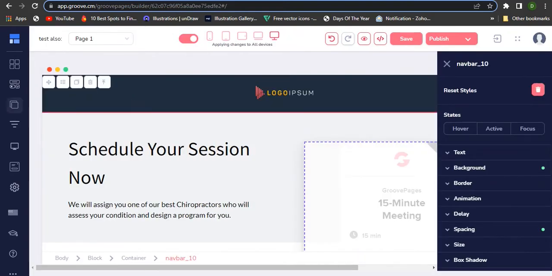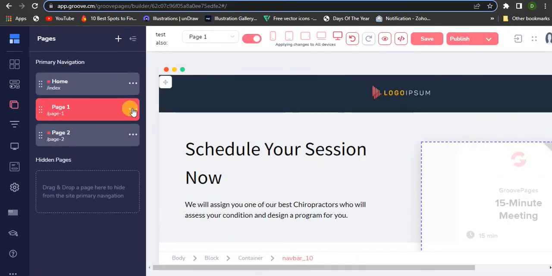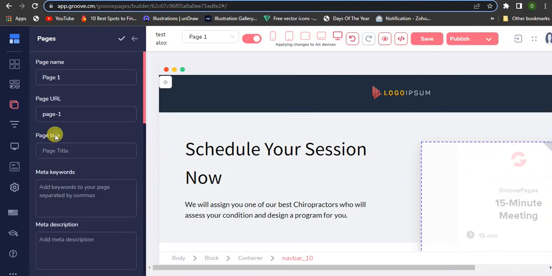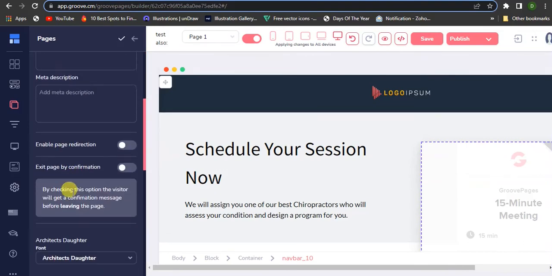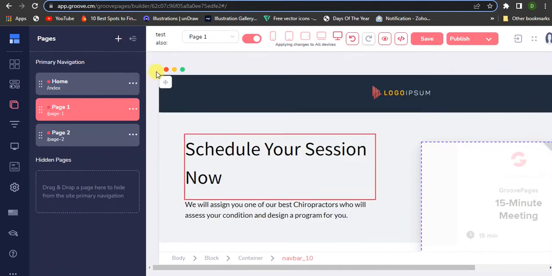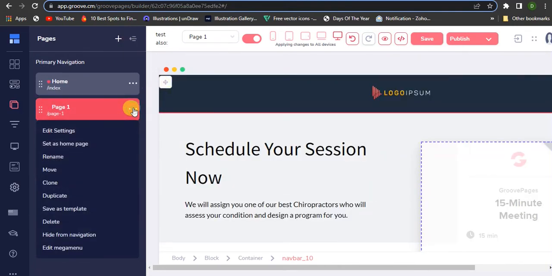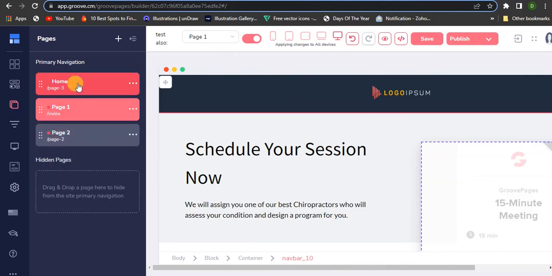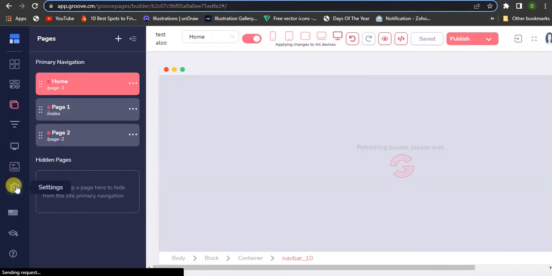Even if you decide to go in here and change this to a different font, let me go in and change it to this Blast Make Sans, and you click on it, like go. It doesn't work. But if you set this page as the home page, right there, and you go into the site level settings,